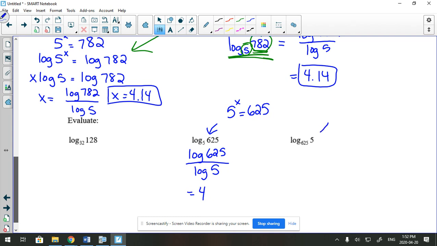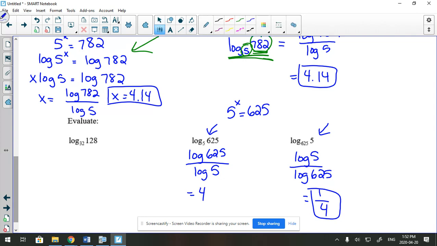Same thing with this guy here. Instead of trying to plunk away in our calculator and use common bases to try and figure it out, you can now evaluate it. It's just going to be log 5 divided by log 625. So that's a super important rule that we learned there. Nice way to check your answers. You'll see your answer here is a quarter. You can do it way quicker than the old way, which would have been